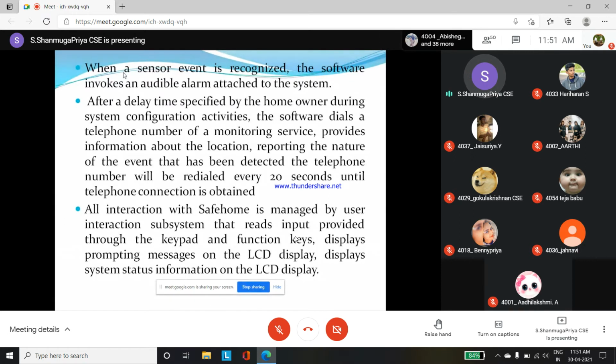So this is one example we have taken, that is the safe home product. For that they have given some conditions. The safe home product has sensors, instead of a camera they are having some sensors also. So if any person is entering the home, it has to detect that automatically. After detecting, what should happen? It has to send that information to the owner.